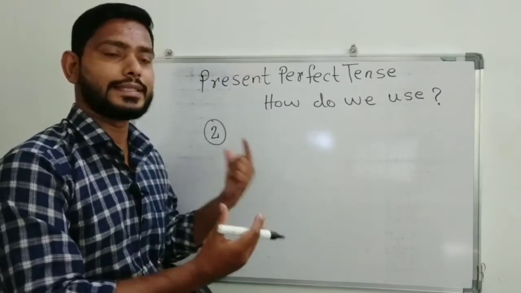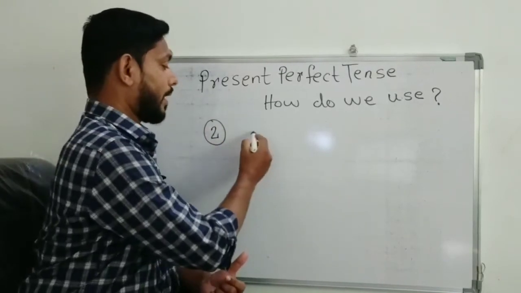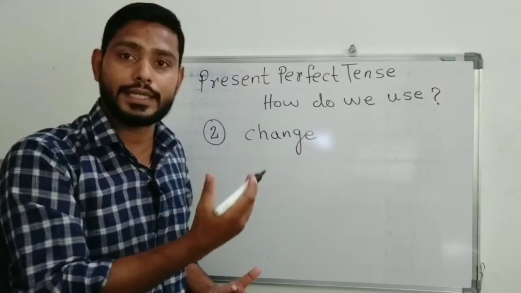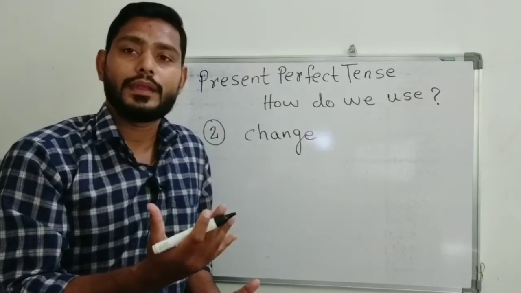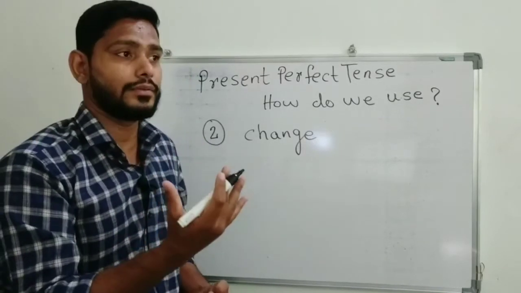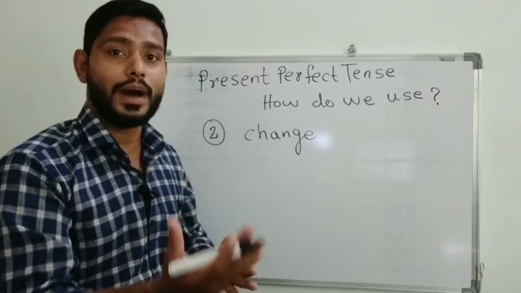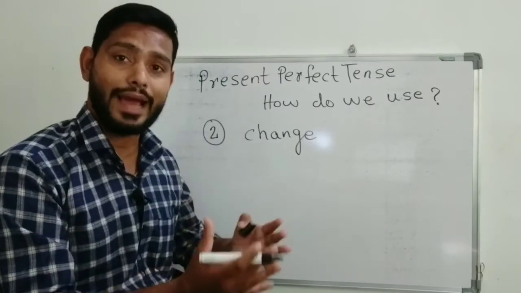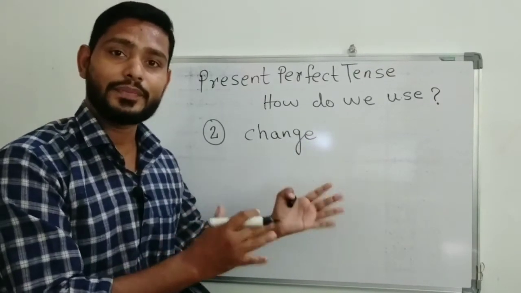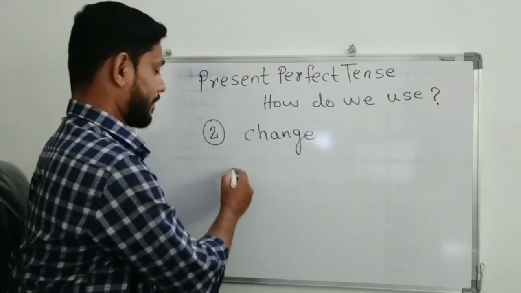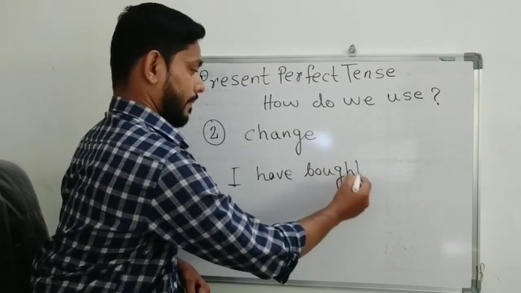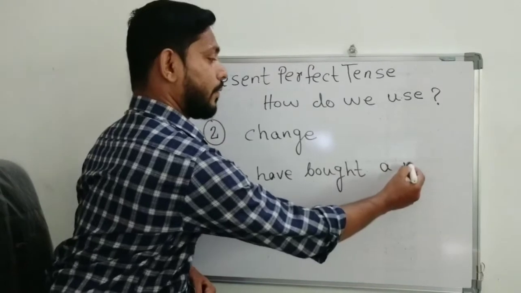Now let's come to understand the second usage of present perfect tense: to talk about a change. Some changes have happened. To talk about a change, we use present perfect. For example, imagine that you do not have a house right now, or you do not have a car right now, and you are going to buy one. It means in the past you did not have something, and now you have. It is a kind of possession you did not have in the past and now you have. Let's see an example like